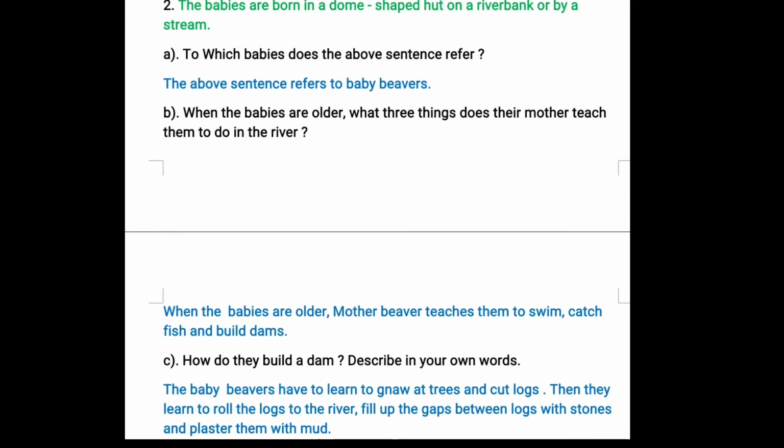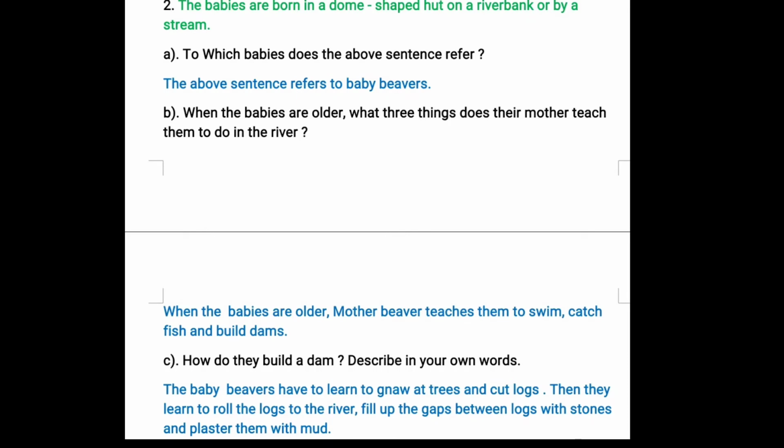Second one, when the babies are older, what 3 things does their mother teach them to do in the river? Mother Beaver teaches them to swim, to catch fish and build dams. So what are the 3 things? The Mother Beaver teaches them to swim, S-W-I-M, swim, catch fish and build dams.